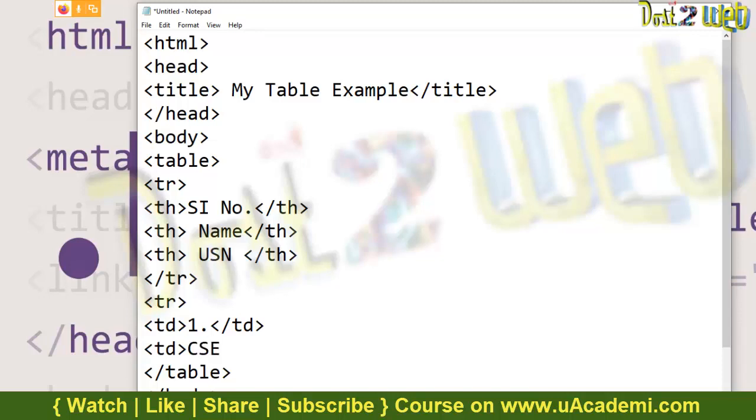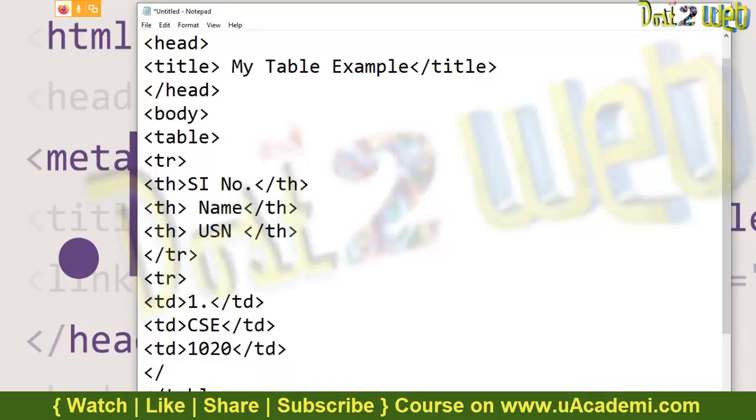I'll use CSC. Then again close the table data. Then again I need another table data. I'll give any number and close the table data. Then I have to close the table row.